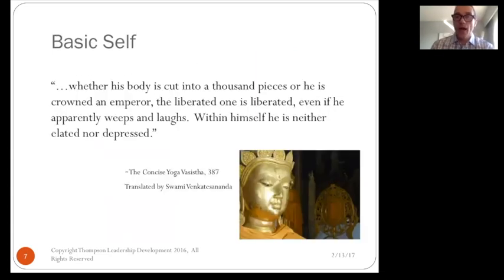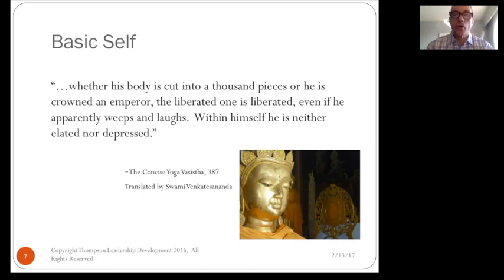Here's an ancient quote. I think this self, if it's part of nature, was there long before radio waves were discovered by Marconi. Self has been around for a long time, long before Murray Bowen was born. Here's an ancient quote that I think poetically describes what basic self is. I particularly like how this quote